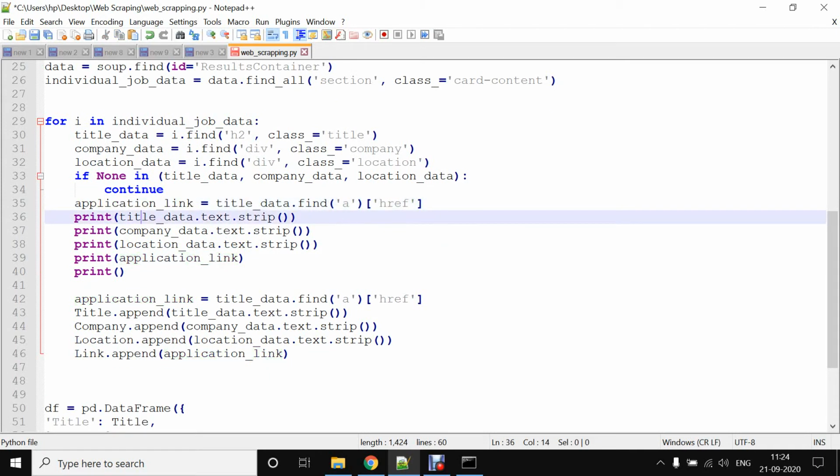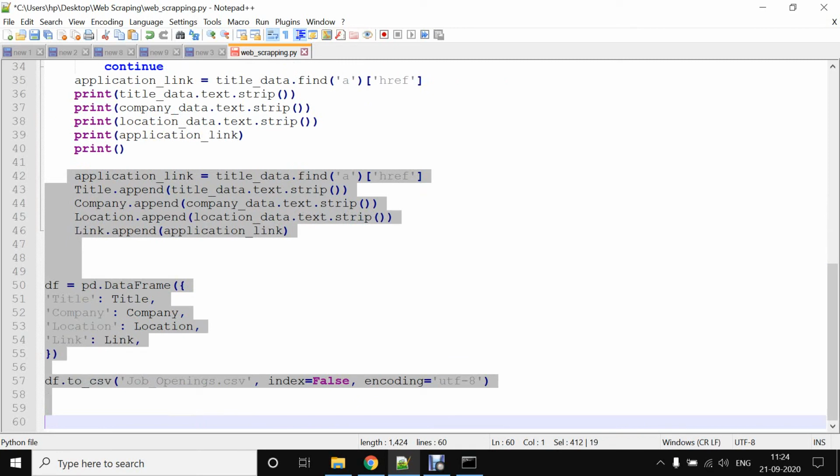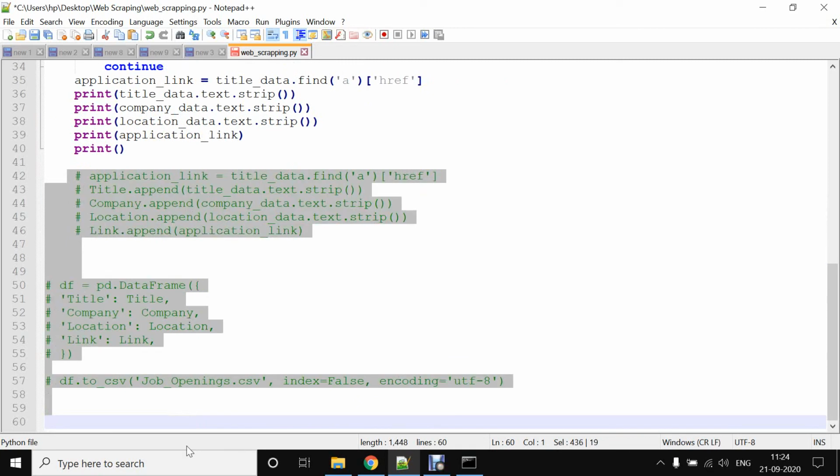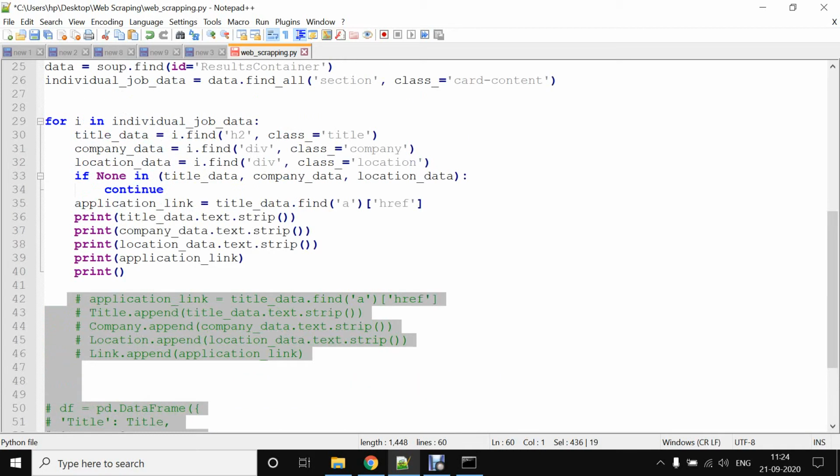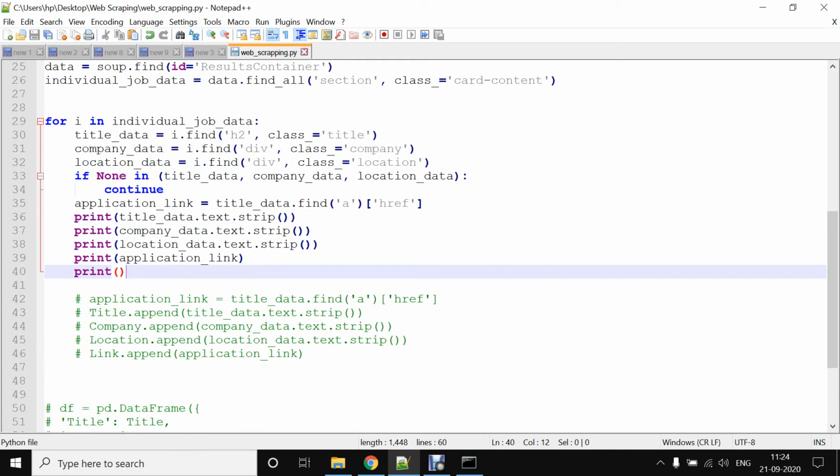Now we are commenting this out right now, since this part is just to transfer whatever data we get into an Excel or CSV file. We will just look at the screen to see how the data comes. So what we have done: title data dot text, I have already explained, removes all the tags and elements and shows you the pure data.